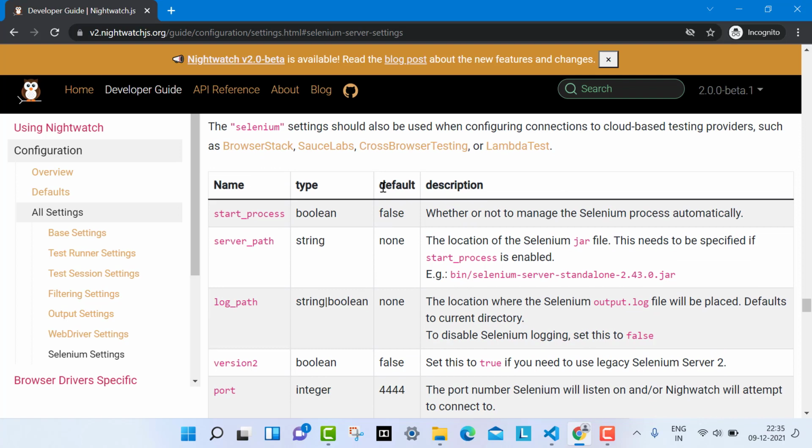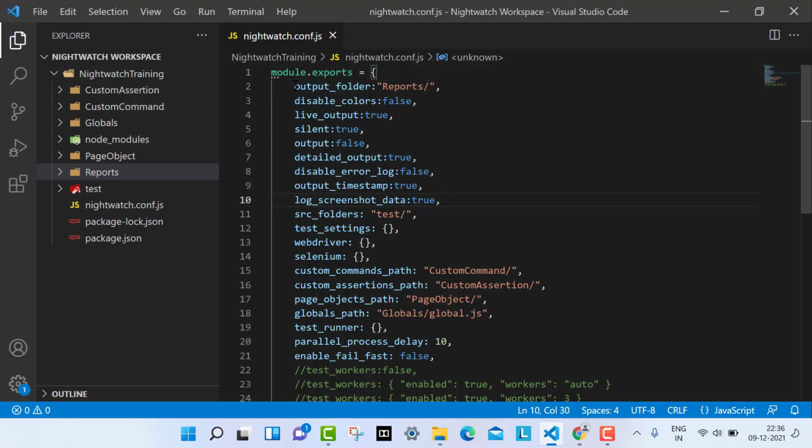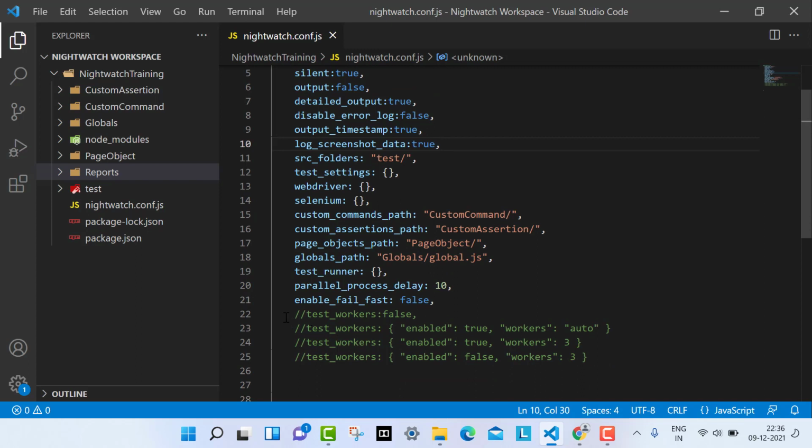So what we left out here is the test settings, and the next is the Selenium settings. I am stopping the session today. What we have covered today are the output settings, and we have seen how we can enable the parallel settings in the configuration.